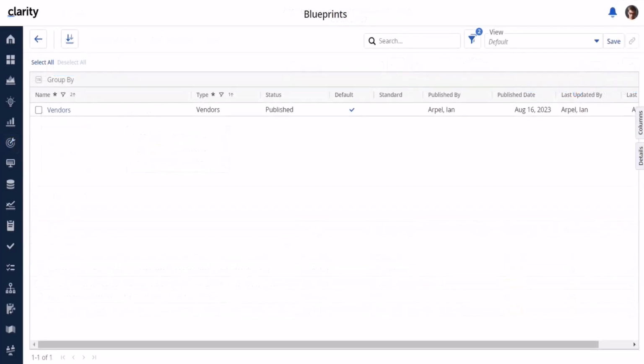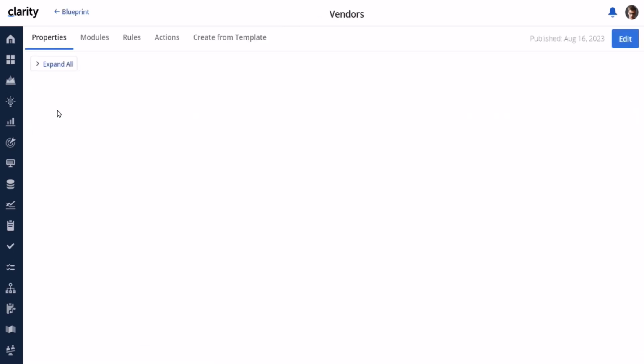I will now demonstrate some configurations that are available for subobjects on custom master objects. So in Modern, if you navigate to Administration, Blueprints, and you select a blueprint, I'm going to use an example for Vendors, which is a custom master object. It has a child subobject called Vendor Contracts, and it also has a grandchild object underneath the vendor contracts called Vendor Discounts. If we open up the vendor's blueprint